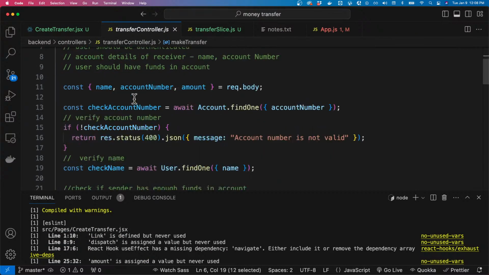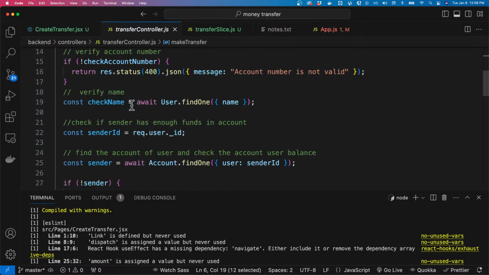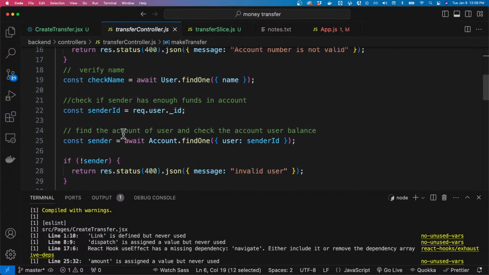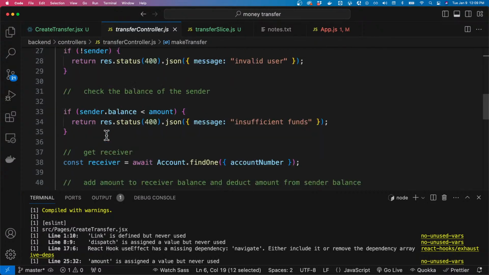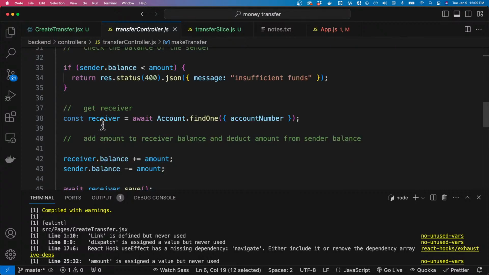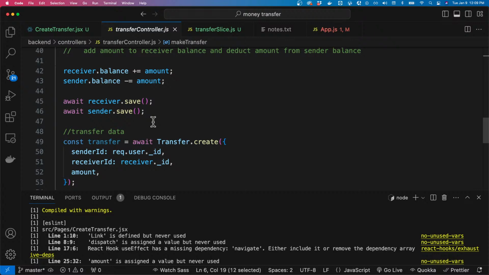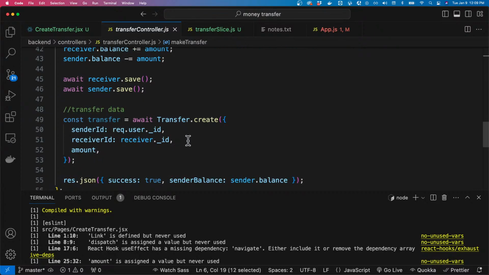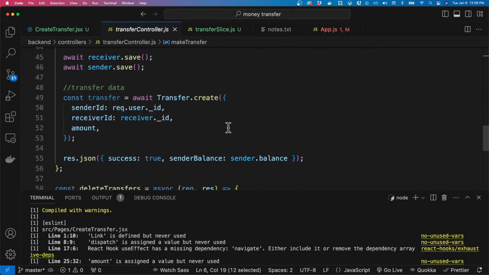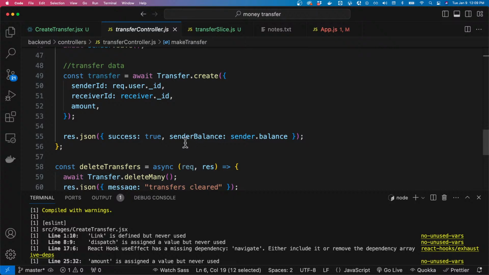So make transfer, and then sender ID, receiver ID, await handle, all these just say, yeah,